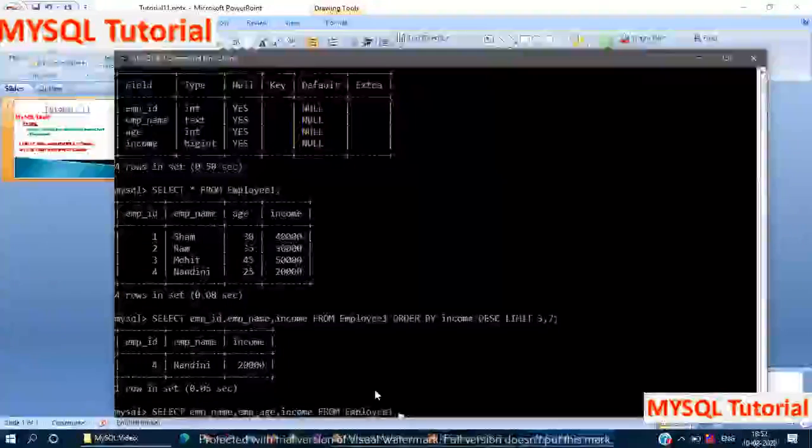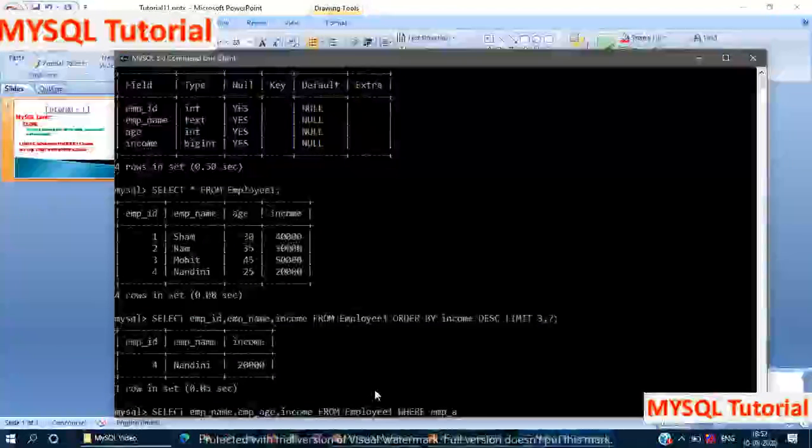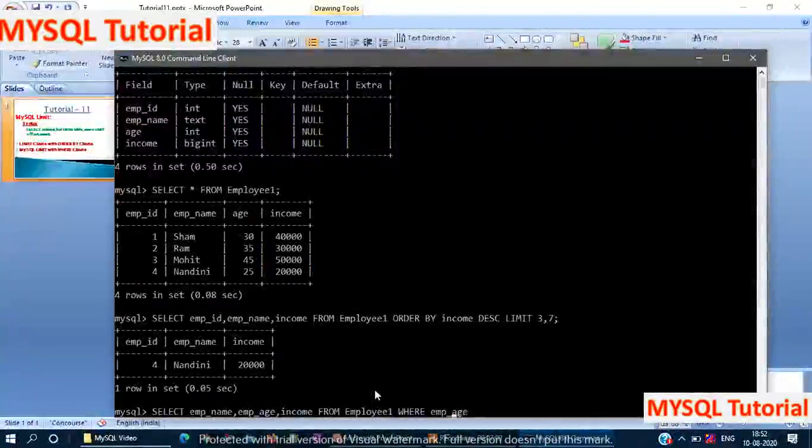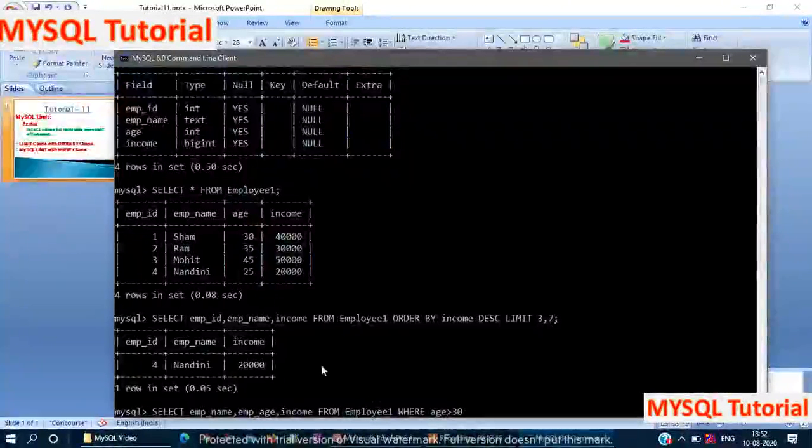By using the where clause, where employee age, here we specify the condition. We use age greater than 30.